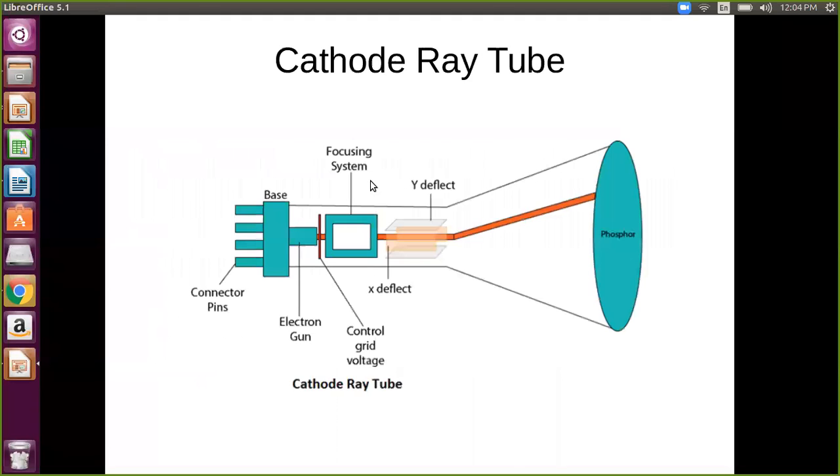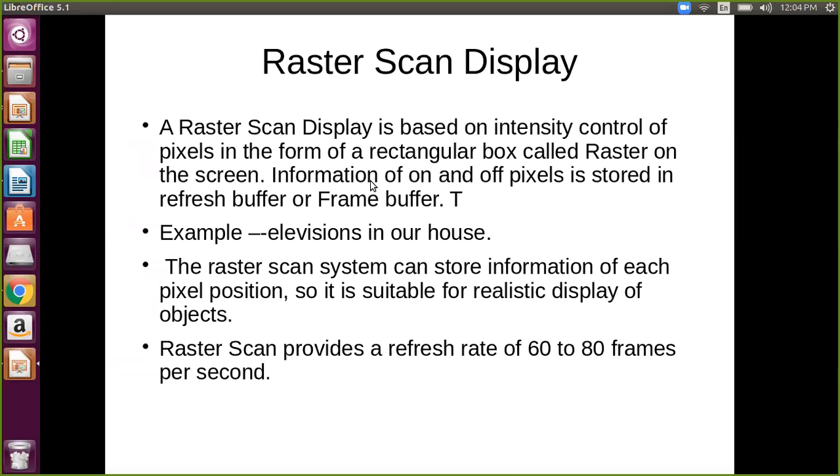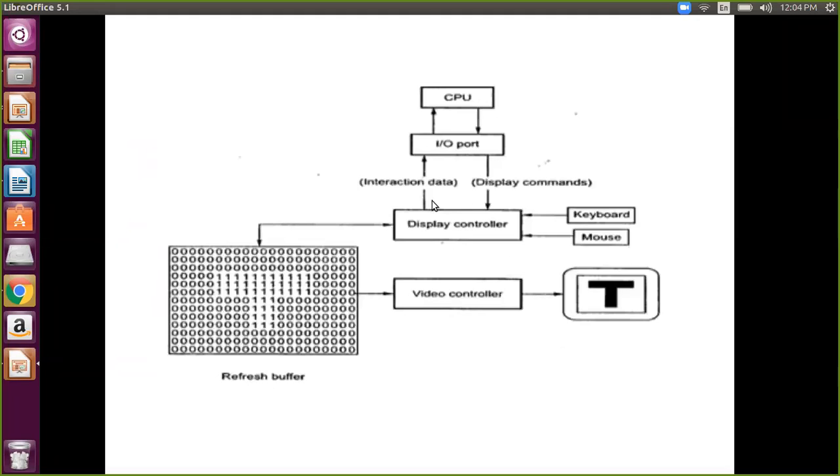So in this raster case, what is the display processor going to do? The main part is the display controller in this case, but combined we can say display processor. In the display processor, the frame buffer, a refresh buffer, is there, and the scene is first arranged line by line. First horizontal line, then second horizontal line, the third, the fourth horizontal line, from starting x0 to x max.